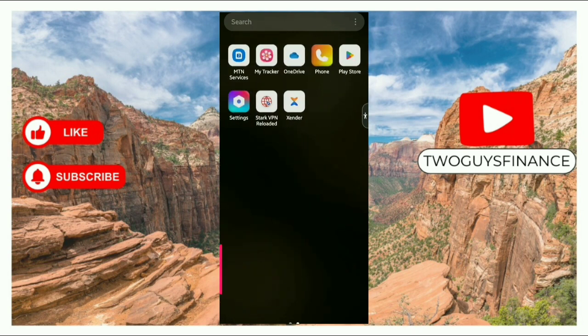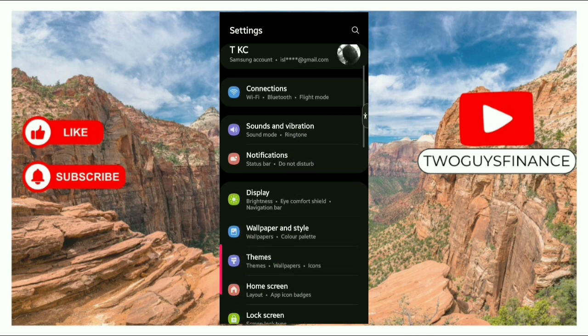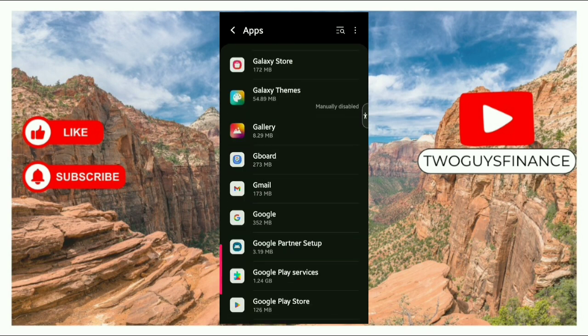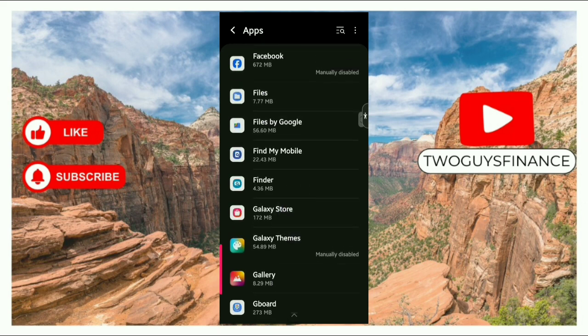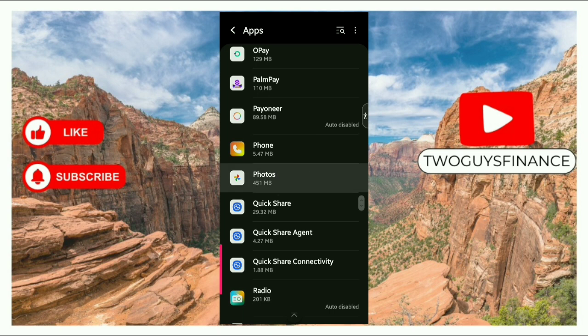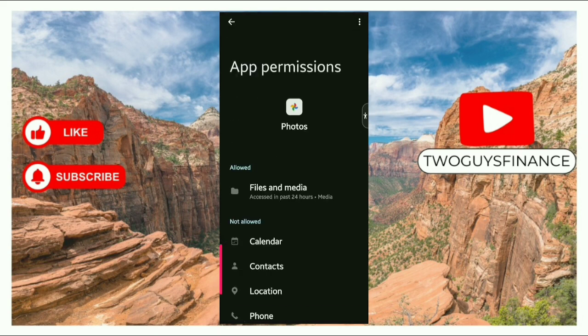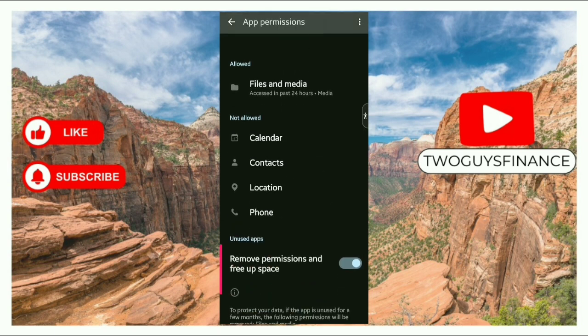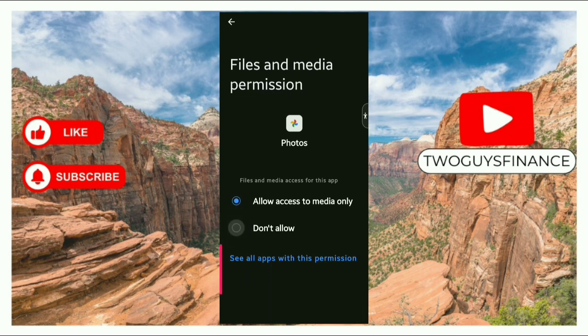tap on settings, then you go to photos. I want to turn off the permissions for Google Photos. Tap on it, then you remove the permission, tap on don't allow,